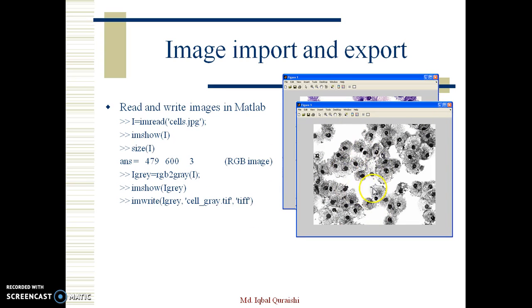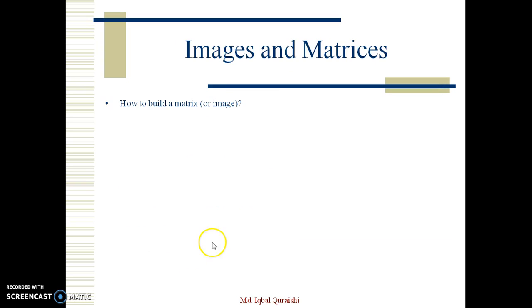Now you can save this image by writing imwrite. This is the matrix where the grayscale data is stored, this is the name of the file, and this is the format in which it is being saved. So I think you can understand, this is very easy. Now we can also use imagesc, imtool, and image. These are all methods that you can apply.